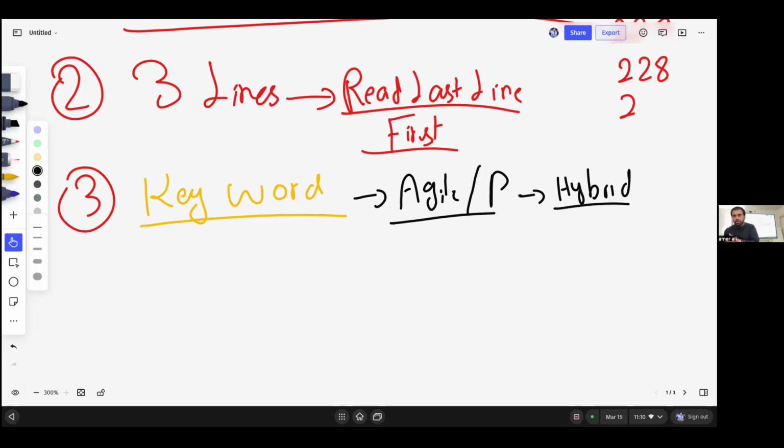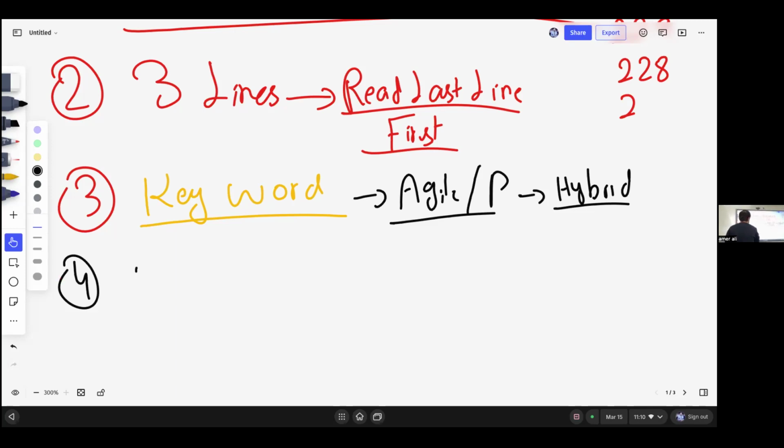I need to slow down to identify the keywords. Very critical. It goes hand in hand. Identifying keywords cannot be done without slowing down. So that's why slowing down is the first step. Read the last line, identify keywords. Now, with the keywords,